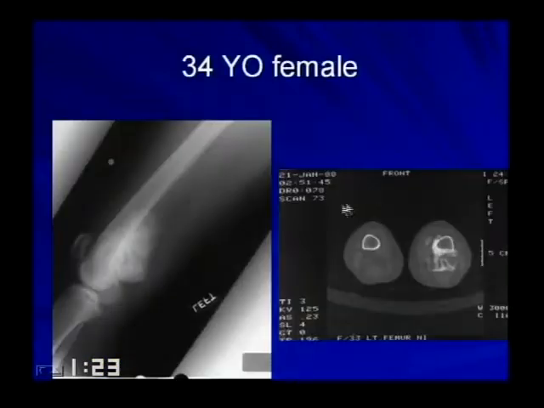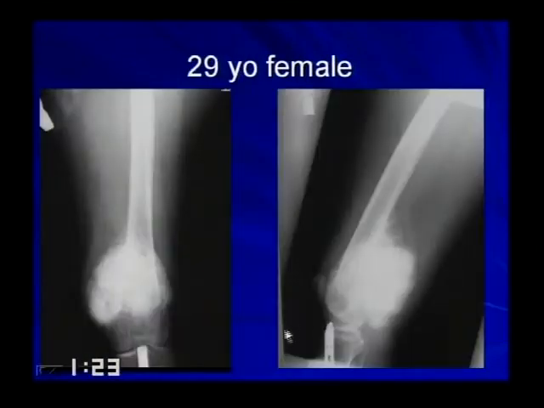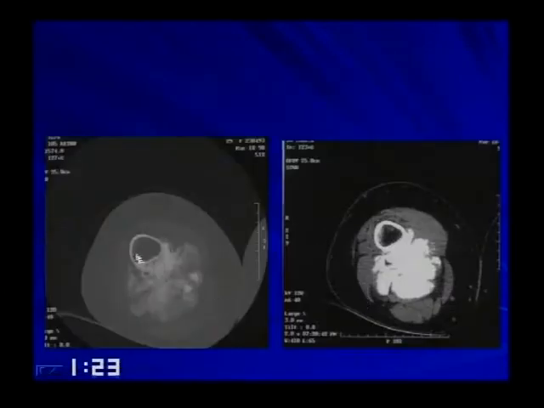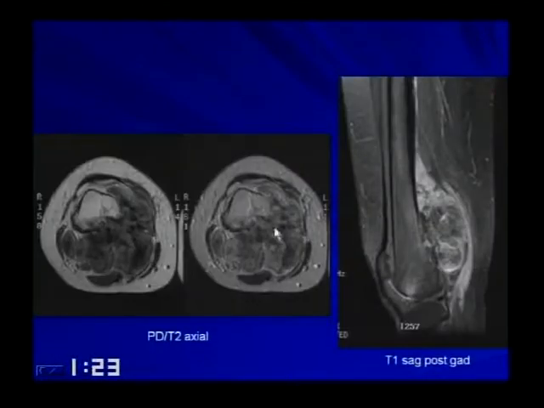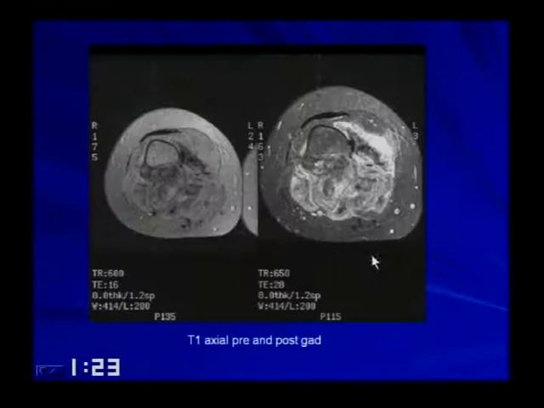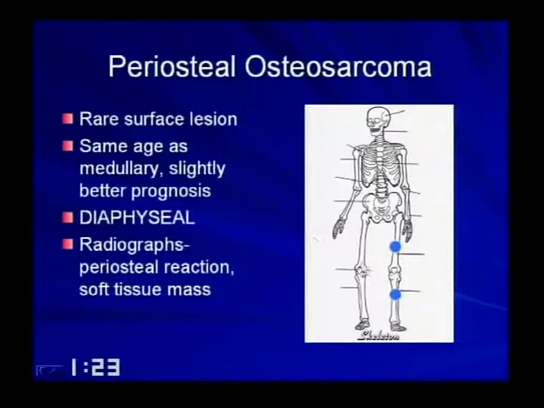Here's another patient with a very dense paraosteal osteosarc. Another one that's very dense, and this one kind of wraps around. It's hard to tell if there's medullary involvement, but on the CT, you can see it's purely a surface lesion. Another patient with a paraosteal, another paraosteal, and the other surface lesion is a periosteal.